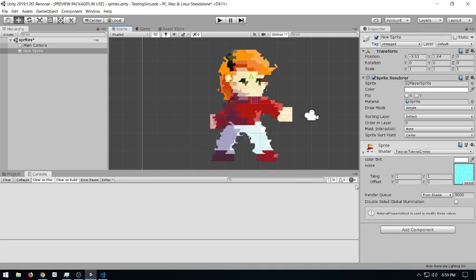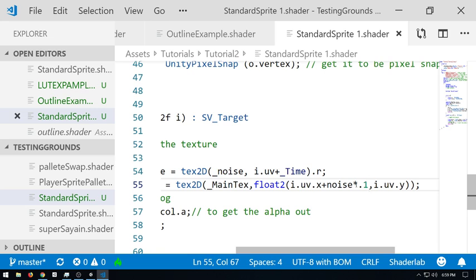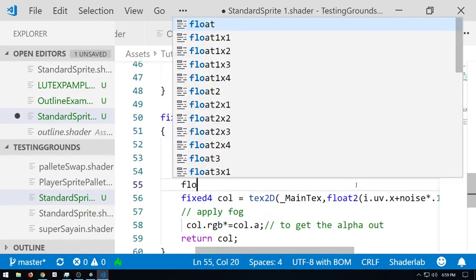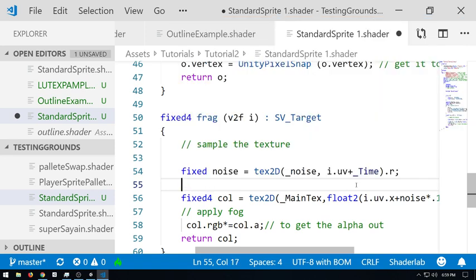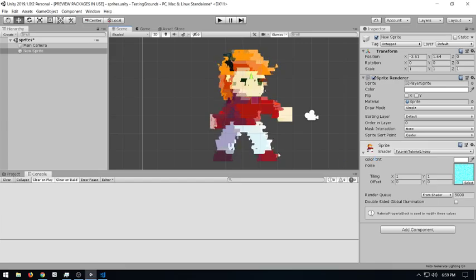Yeah, so this is a really good effect and it's really interesting. I have to add an offset though. The way this works is that we're essentially taking our UVs and adding the 0 to 1 values from the noise texture. So we're slightly shifting our UVs in relation to the noise. This can get you some really awesome effects.